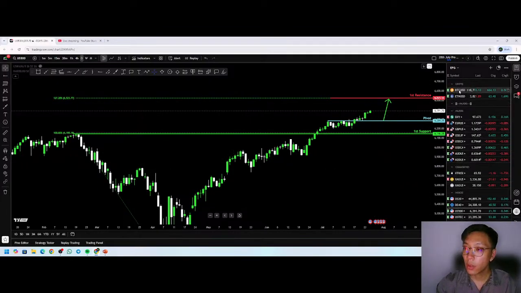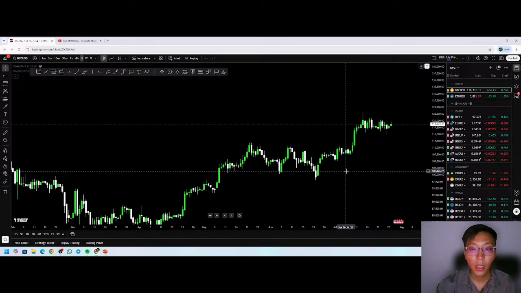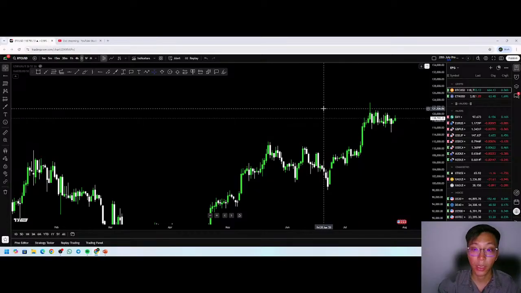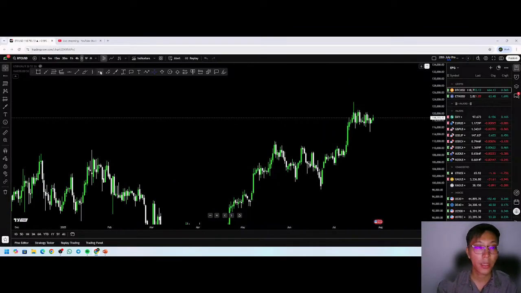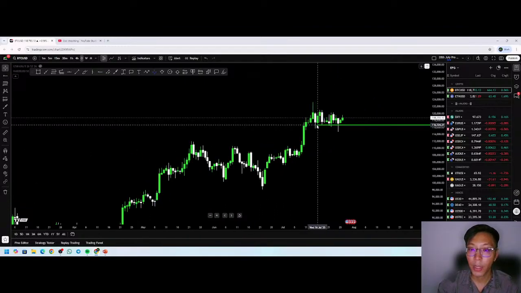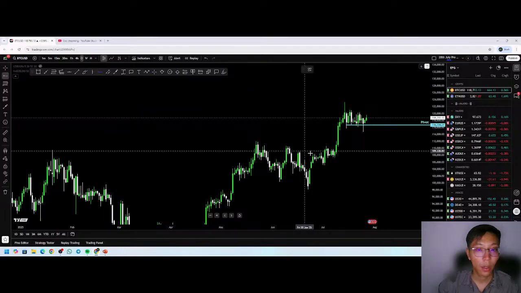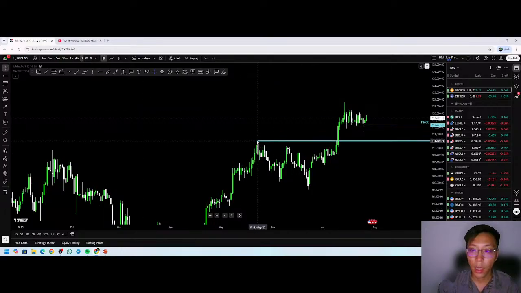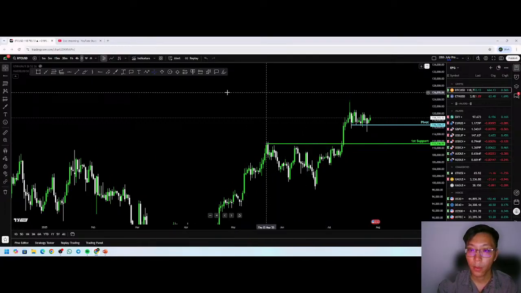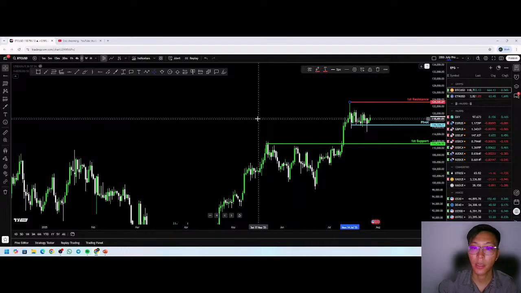Okay, so let's cover, how about BTC USD? Let's cover BTC USD and then we shall end off the session. All right, so for BTC USD, right now you can see it is consolidating, right? So why not, let's ride the bullish momentum and enter buys. Then this shall be our first support, and of course we shall mark this extreme high as our first resistance level over here.